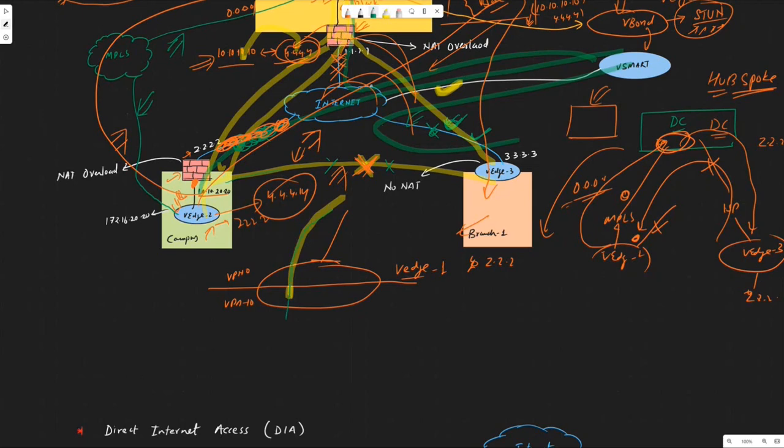Actually, because this is the underlay, conceptually it is going like this into this tunnel. Of course, it is going into VPN 0, but I would say this is the underlay and this is the overlay. So when everything is up and running, your OMP routes are exactly here. And if branch 1 goes down, the data center is going to